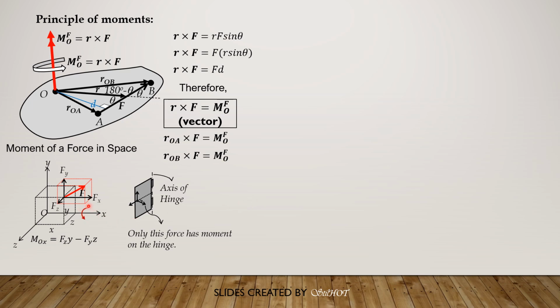scalar approach and using right thumb rule, so this is the positive sense, is equal to Fz is positive because it is the same sense as this, times y, then Fy is negative, so minus Fy times moment arm z. MOY, on the other hand, is equal to, this is the positive sense of moment about y, that one. So it is equal to Fx, you look at Fx, it has the same sense, times z, then minus Fz times moment arm x. Take note, Fy is not included because Fy is parallel to the y-axis, so remember that